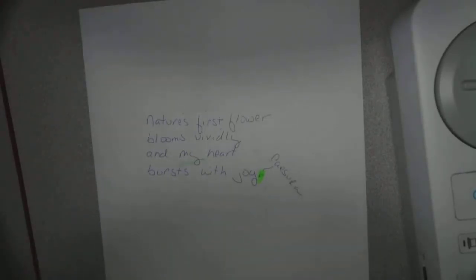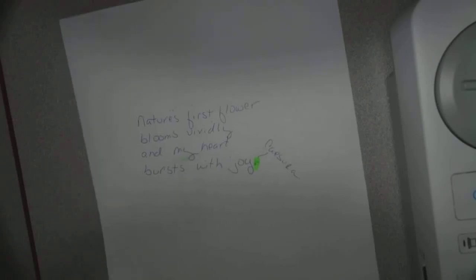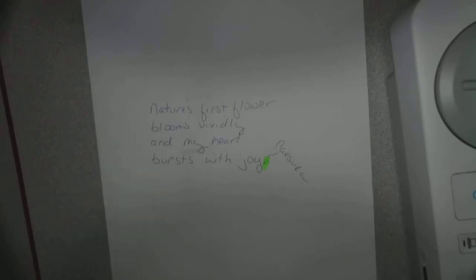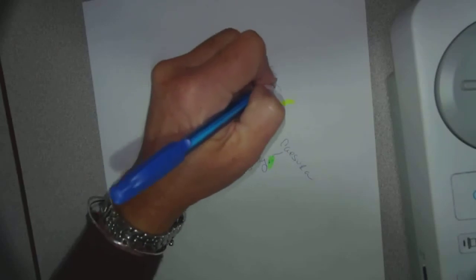Where is our enjambment? And I'll use yellow for enjambment. What is the definition of enjambment? Yes, the absence of punctuation or caesura. So where would that fall? After "Nature's first", yeah, it'd be right here, right? There's nothing here, is there? That's enjambment. There's nothing there.